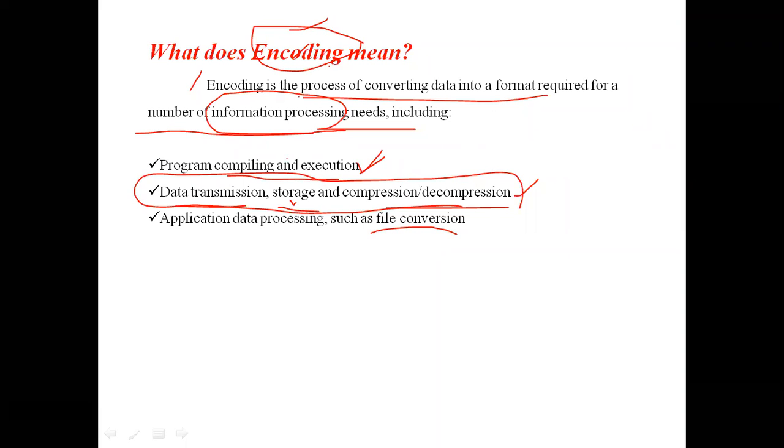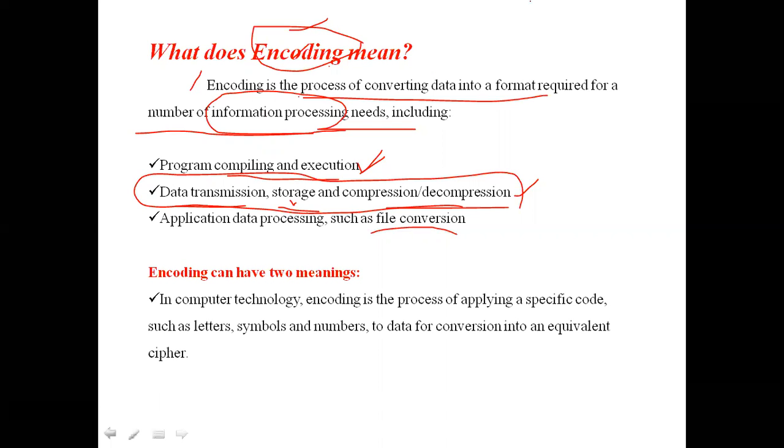We use encoding regularly in our life. Zip files, for example: we use zipping and unzipping software, which compress and decompress the data. They also use the concept of encoding and decoding.